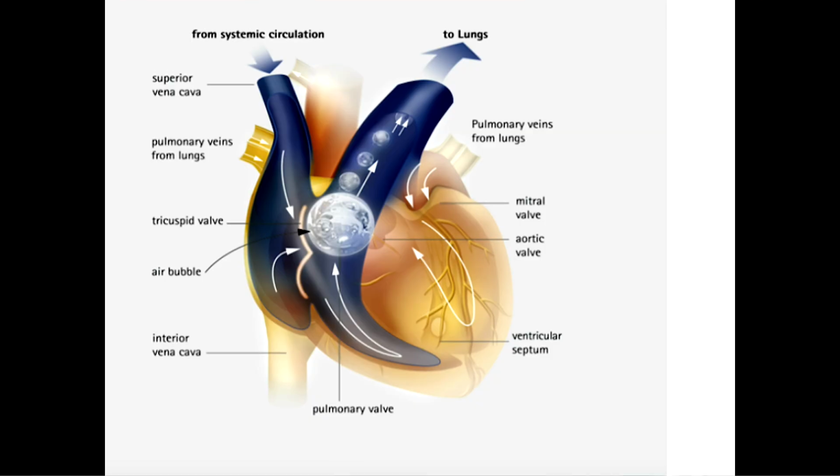So in this pictograph, this just shows you where an arterial gas bubble can get caught, and where it's going to go, right? So it comes from the systemic circulation, gets caught, and it's going to go to the lungs, to your brain, or to your heart, right? Obviously this is where it's in the heart, and it's either going to be small enough to pass back through to the lungs and be exhaled, but if it's too big, it's going to get caught in the lungs,